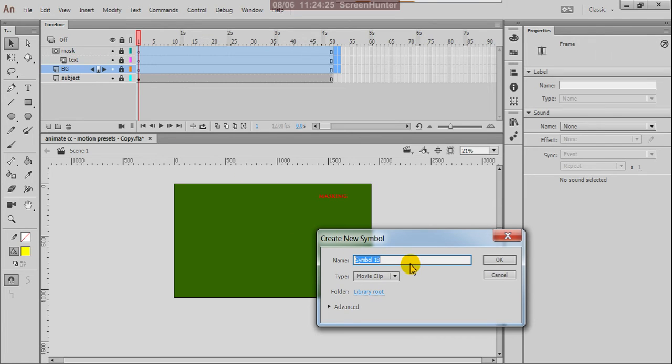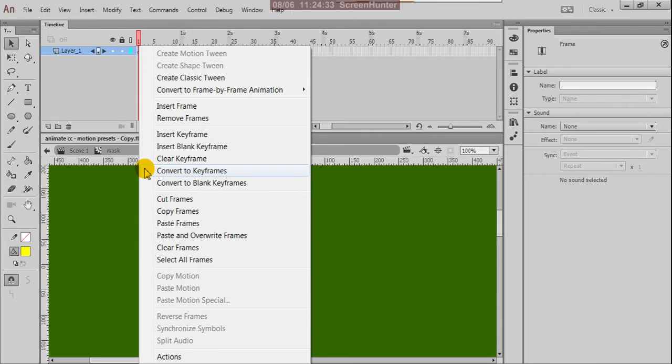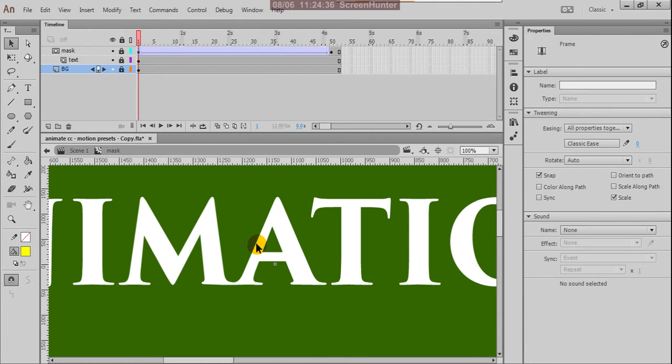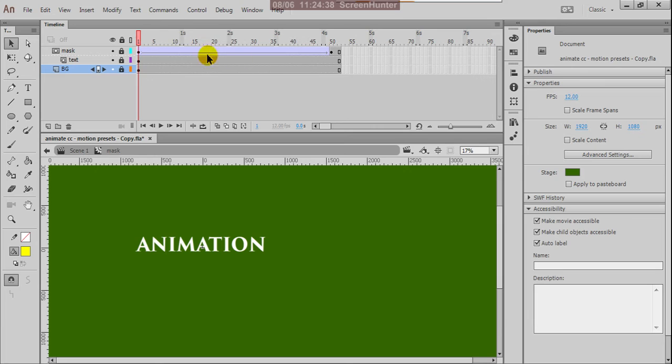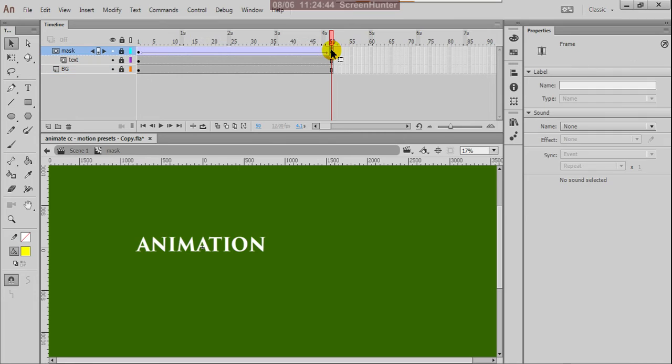So name it mask, save OK, and here at empty frame right click and paste frames. Okay, so your mask is pasted. Suppose these are extra frames, you can remove these, up to 50 only.